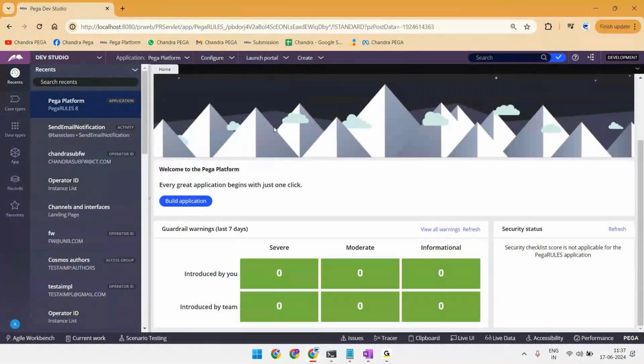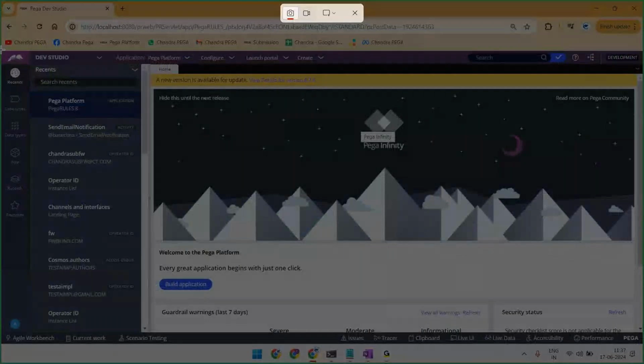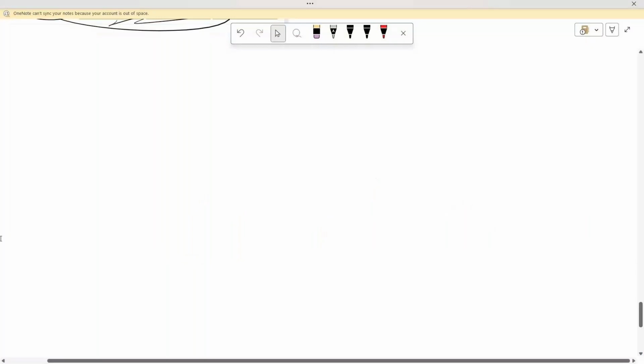Okay, fine. And we understood this is to be called the Infinity version, and any of the past versions like 7.x or 6.x, whatever it is, are called non-Infinity versions. So here, in the non-Infinity versions of PEGA,